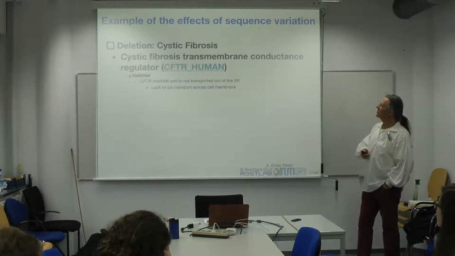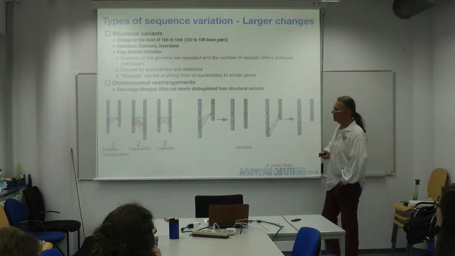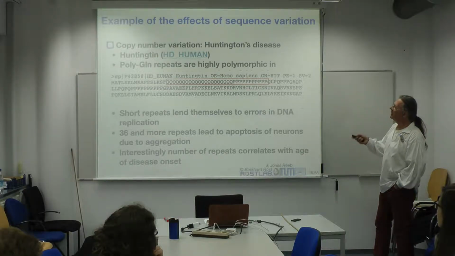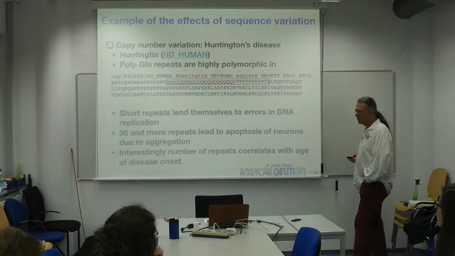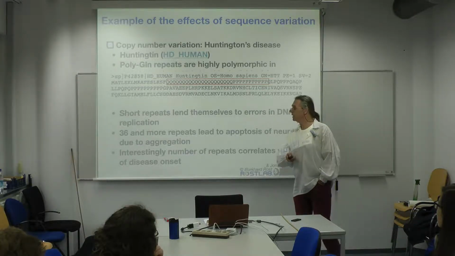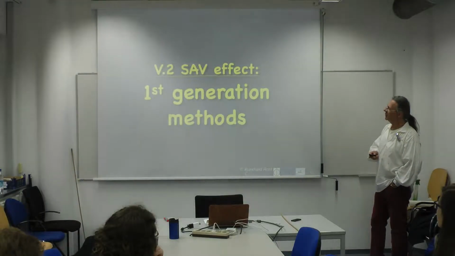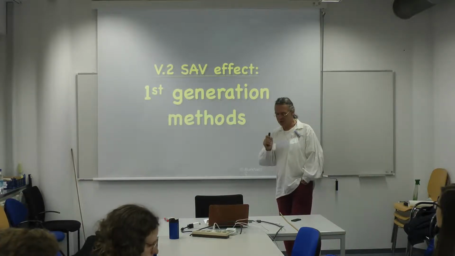Cystic fibrosis is an example, again, of a single variant effect. There are many more effects. There are copy number variations, for instance, in Huntington, where if you have a certain number of Qs it is okay, but if you have more than that you get a disease. Then there are repeats. Let's not get into all of these. What we are going to focus on really is single amino acid variants,